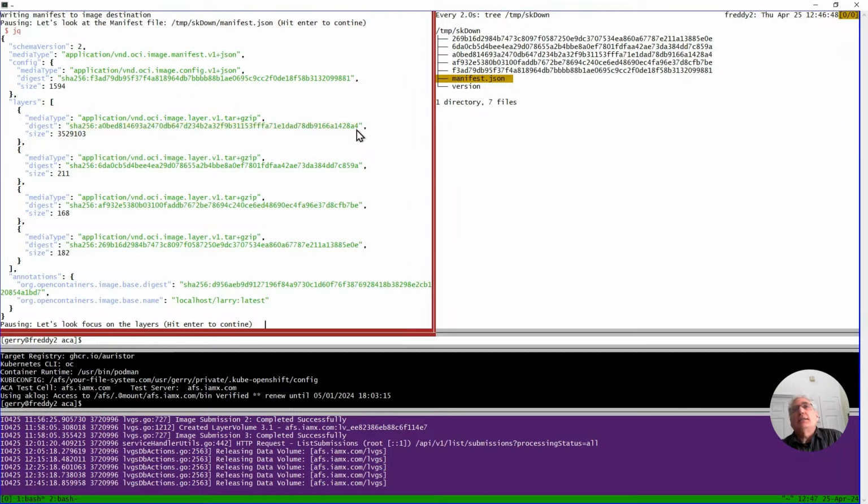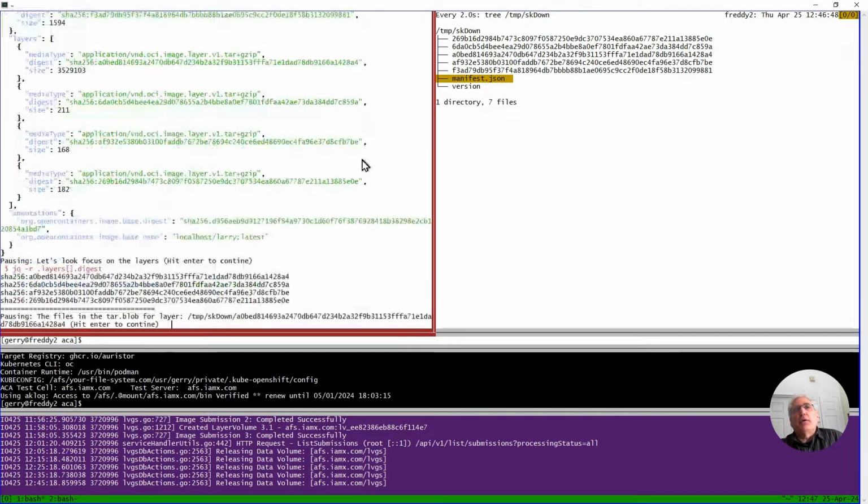Okay, so the way Skopeo works is it first goes to the registry with the name, gets back the object ID of the manifest, and downloaded that manifest.json file. Then it looked at the manifest.json file, and for each of the layers and for the configuration file, it downloaded the blobs corresponding to them. So I just did a little, this is just jq if you're familiar. I just pulled out, this is extracted from above, the actual IDs of all the layers in the order that they are requested.